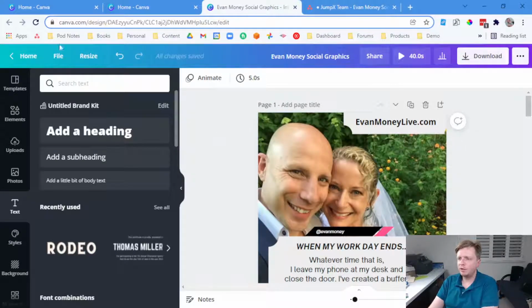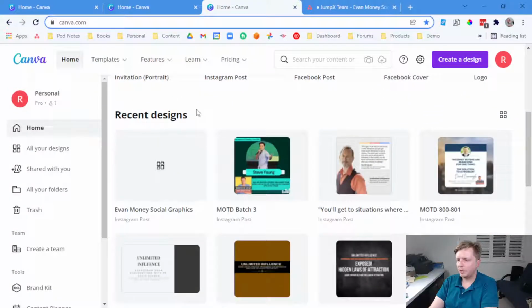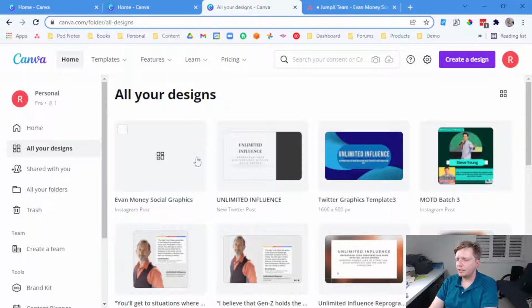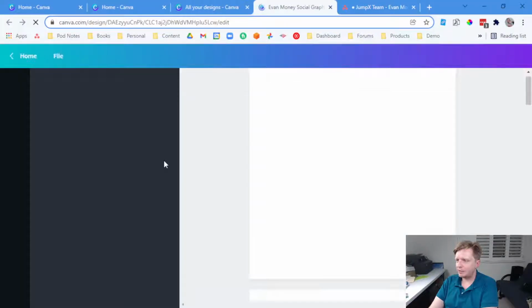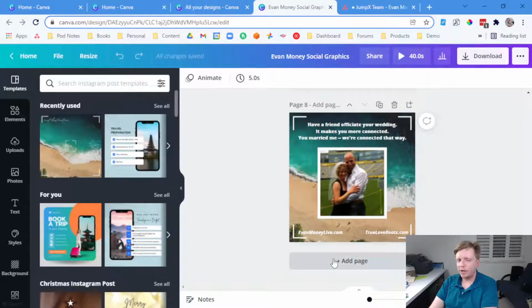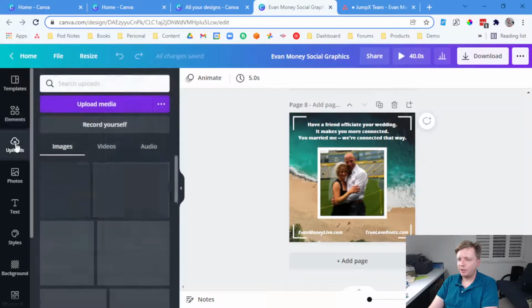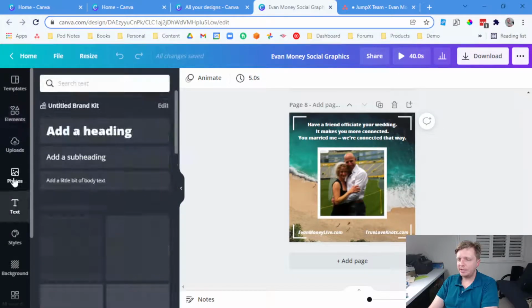There's no save button. Once you're done, just exit the browser or click home, and then it's right back here. And if you ever need to pick up later, you can go to Canva and go to all your designs. And this is why naming it is so important, because now we can see that these are the Evan Money social graphics. And then many times you can just go to the bottom and add the new page for whatever you're working on. Instagram, 1080 by 1080, add a new page, add templates, add uploads, play with elements, text, and